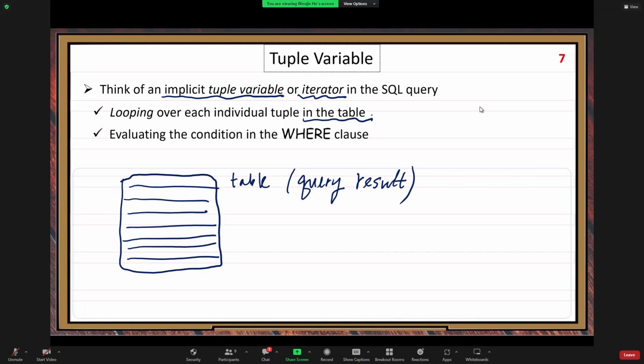Evaluating the condition in the where clause. In the where clause, you need to use this iterator. You need to consider which one you need to fix, and which one you need to go through all the rows. Only those tuples that satisfy the condition are selected. True, false. Remember,